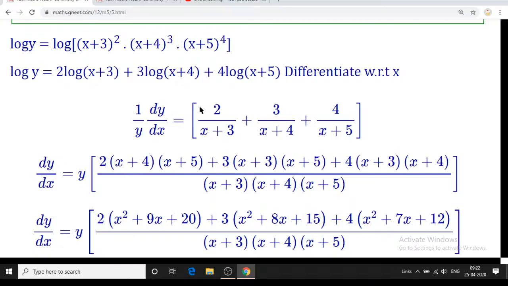Now this y I have already shifted there, that is y into, we will multiply these 2 brackets first, so that will be x square. You can go directly by this method, that is the formula you have already studied in 8th standard, if you are recollecting. x plus a into x plus b is x square plus a plus b into x plus ab. Otherwise multiply directly: x square plus 5x plus 4x plus 20. Naturally 5x plus 4x is 9x, so I have written directly because I am applying the direct formula. The middle term will be 8x, and this is 3 fives are 15. Same way here.